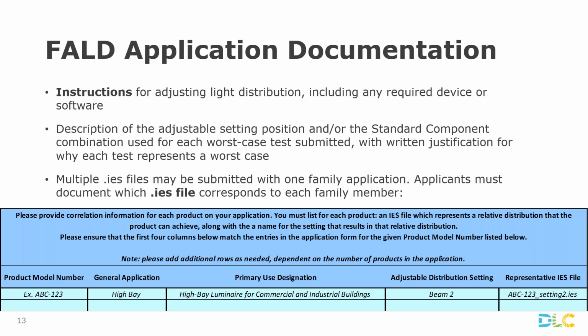Second is we're looking for a description of the adjustable setting position or the components that were used for each of the worst case tests you submitted on that list 2 slides back, and a simple written statement about why that position represents the worst case. Hoping to keep that simple, and I think in many cases those would be intuitive, but we are looking to just simply have that in our application records. Last here is